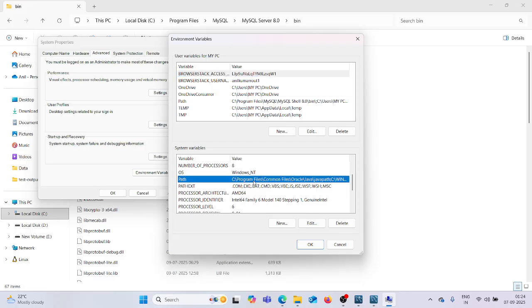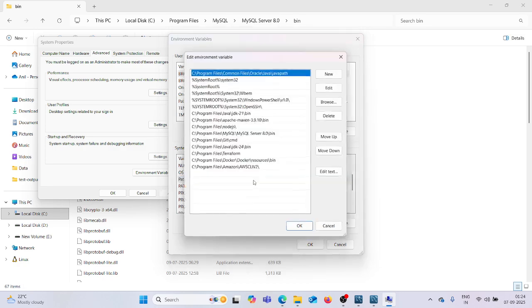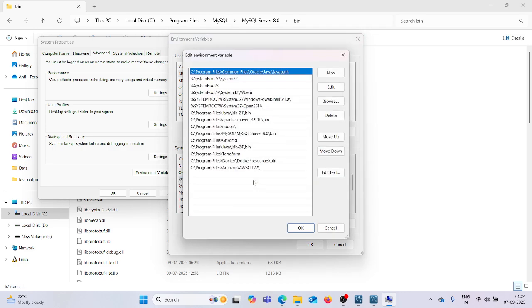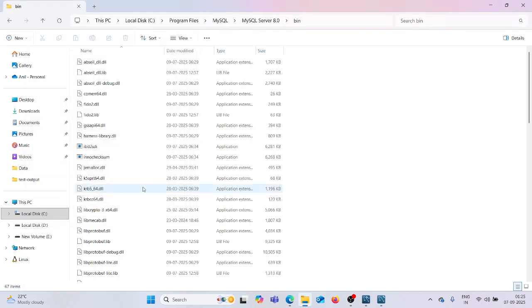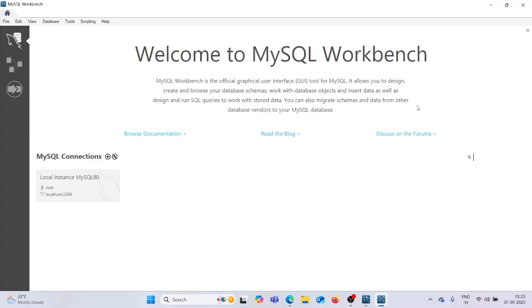Here one Path is there, under system variables. Click on Path, then it will show the edit environment variable dialog. The same path we need to paste: C:\Program Files\MySQL\MySQL Server 8.0\bin, which we copied a few minutes back from Program Files. If it is not there, simply click on New and then paste.